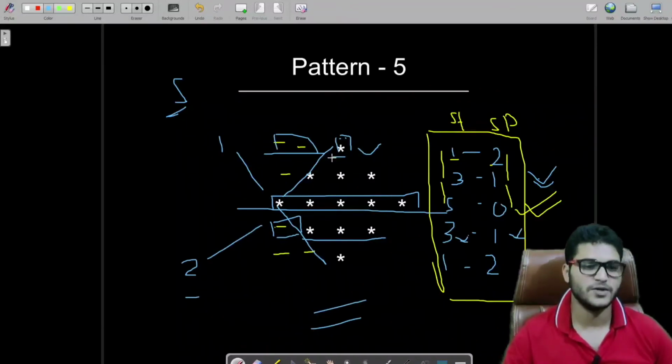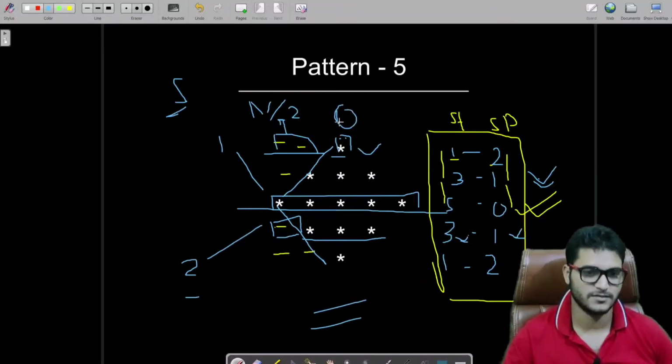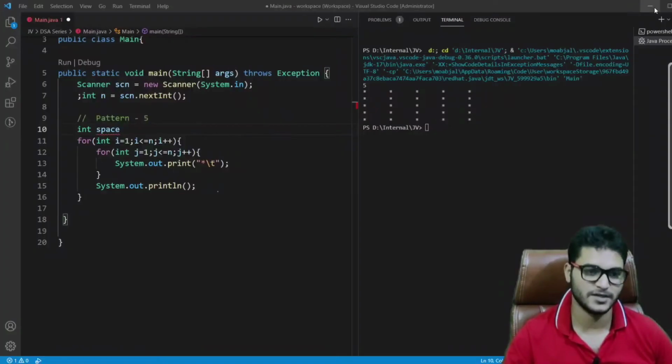Not exactly 2, because if you draw a pattern of size 7, then you would have 3 spaces here. So this is a formula: we have n by 2 spaces and 1 star. This is the formula we apply at our initial level.